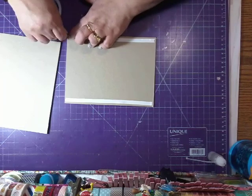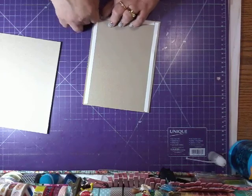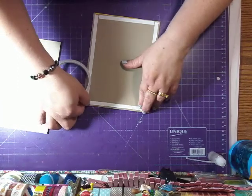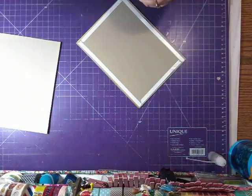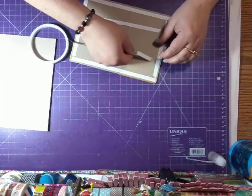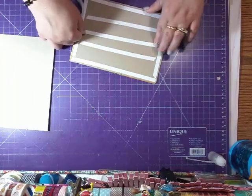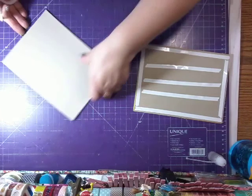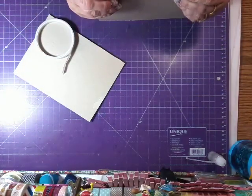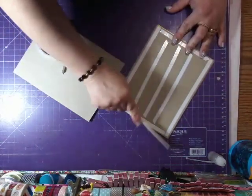I could use my ATG gun. I don't know why I'm not using it. I like this tape better actually than the one that comes out of the ATG gun. And just make sure you get enough tape on there that it will stay securely. And make sure your papers are staying straight. And go over it with